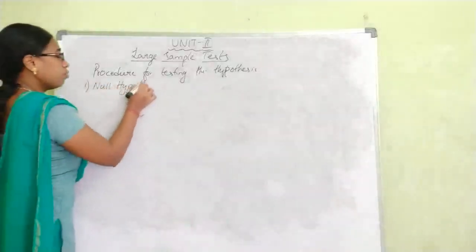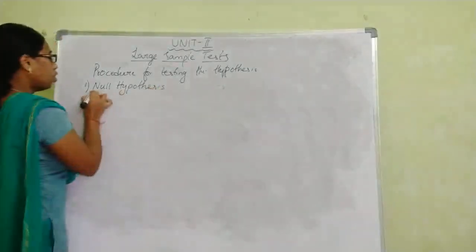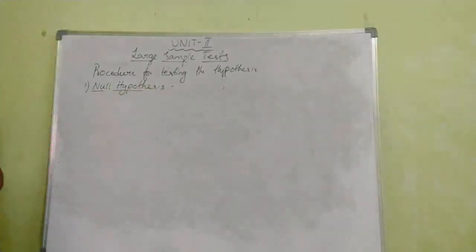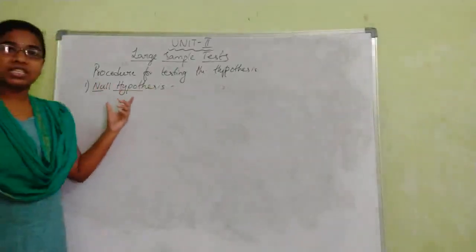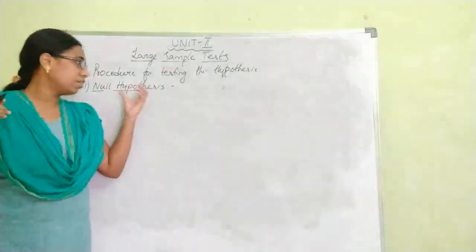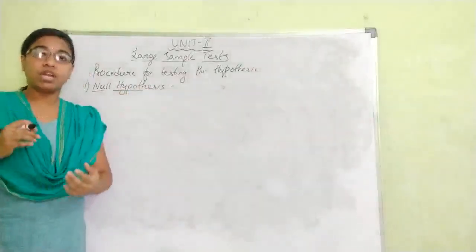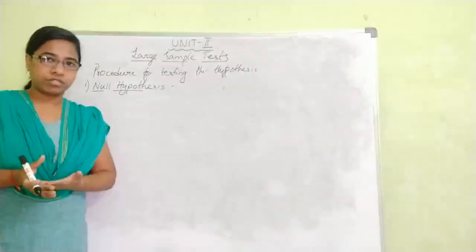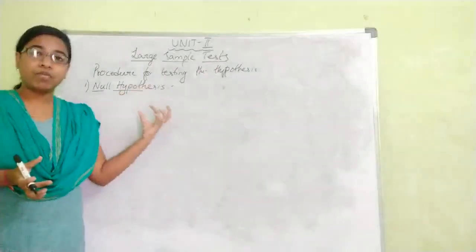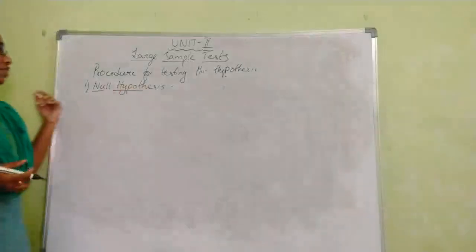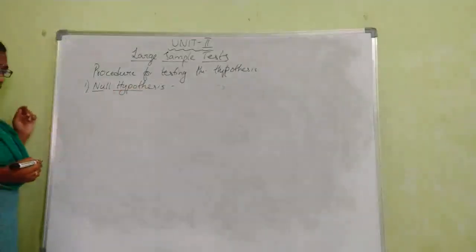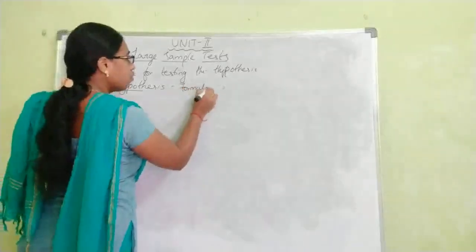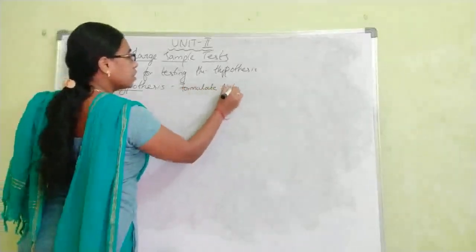Without a hypothesis, we cannot go for the further steps, because that is the first major step. If we know our hypothesis, then only we can choose which type of test we want, and what conclusion we are going to draw. Without a problem, there will be no solution, right? So what we actually want to test should be specified, that is the null hypothesis. So the first step is to formulate the null hypothesis.